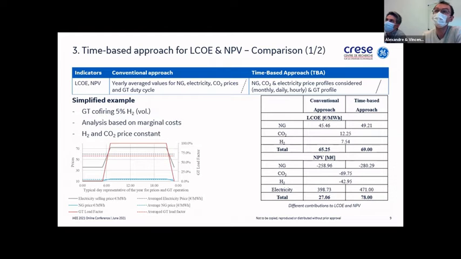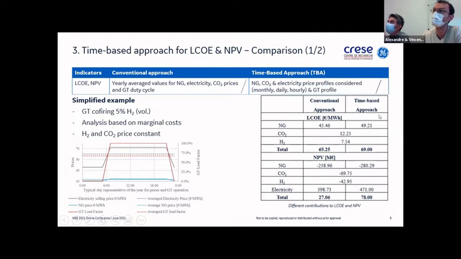And how does it matter? Here is an example where we can see how it does matter. So if we consider the gas turbine covering 5% hydrogen, and the gas turbine being run only by day and turned off by night, and we assume a high price of electricity by day and high price of natural gas by day as well, and a low price by night, just assuming this profile, we can see on the right-hand side table of the slide